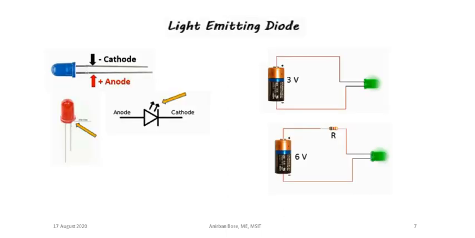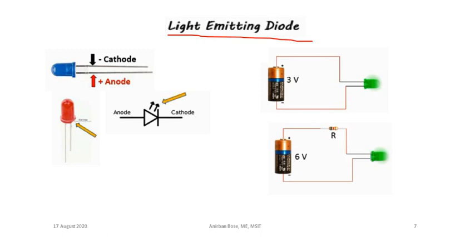Here you see the LED, or light emitting diode, and again you see that it has cathode and anode legs, and the cathode is the shorter one and the anode is the longer one. This is the way physically you have to understand which one is anode and which one is cathode. Now remember, the shorter one is the cathode. Another way: it is actually circular, but one end is flat like this, and this flat end corresponds to the cathode side.